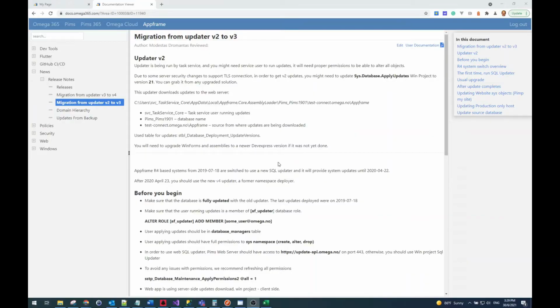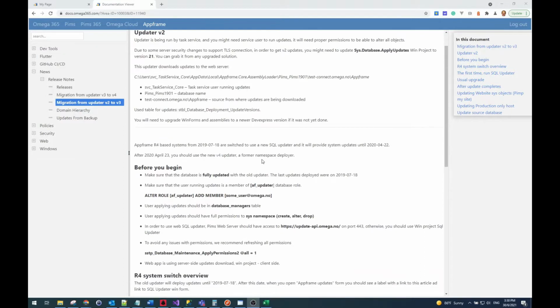So just to begin with, I made a backup before starting updater v3, v2, sorry, and now I think I don't need to make a backup because I have it already. So I'm just going to this documentation article and checking out what needs to be done. Here I can see that this switch is intended. Our database is fully updated. Make sure that the user running is a member of updater. So I'll just pick this query,